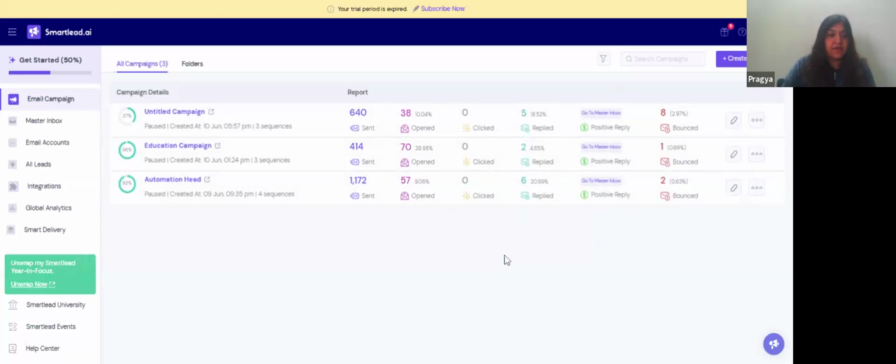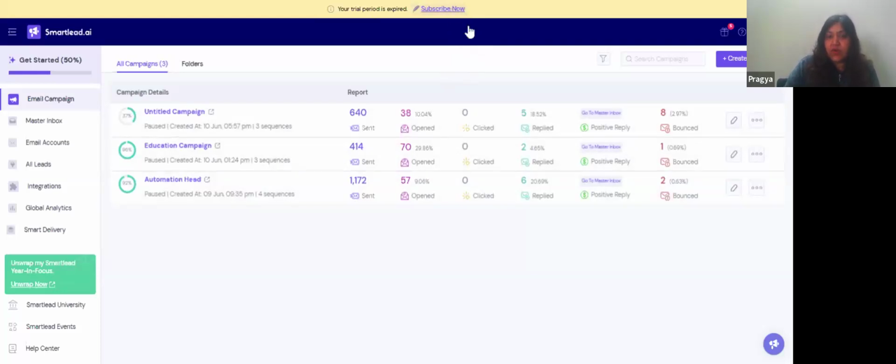Next, I will discuss in detail what I did and how I created a campaign. This is the main page, where you can see my trial has expired. I can subscribe now, but I plan to do this on a larger scale. I am using this tool, and I'm using other tools as well. Right now I have another tool active, but this one is pretty solid as well.